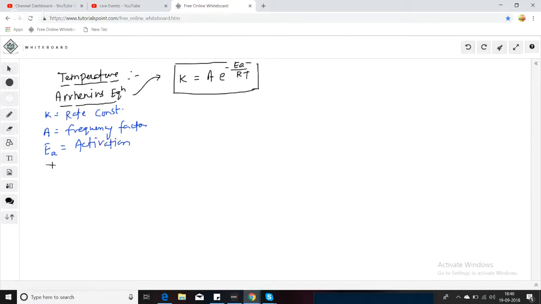And T is the temperature. R is the gas constant. So A will be different for different reactions. For one reaction it is the same. For another reaction it will be different. Correct. Right. Now if I assume at temperature T1,